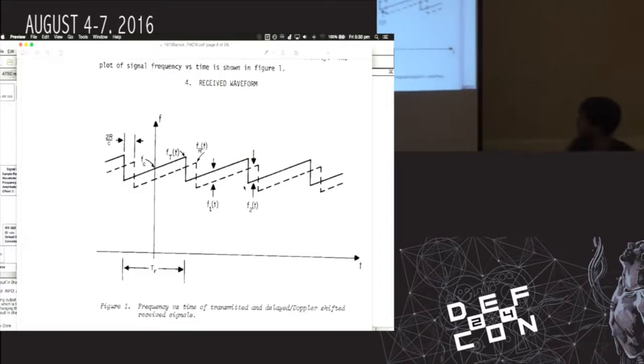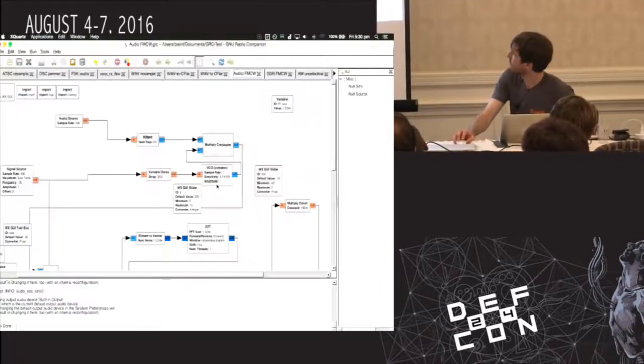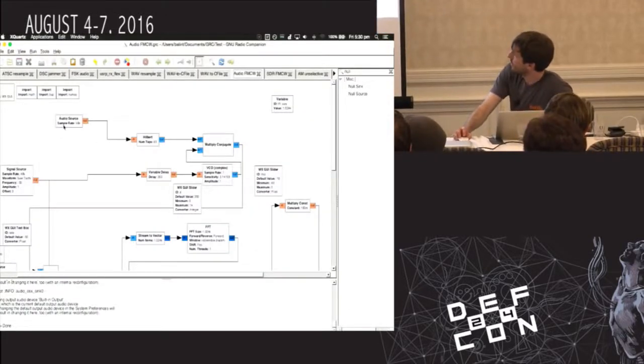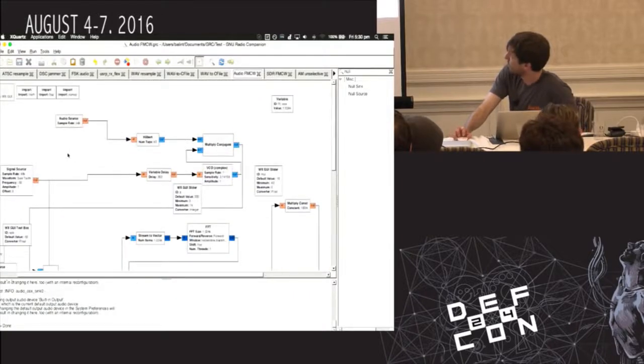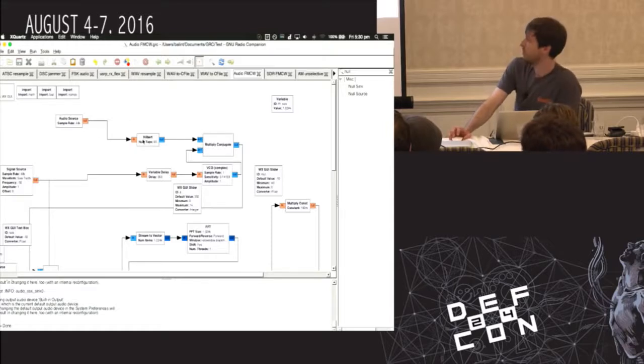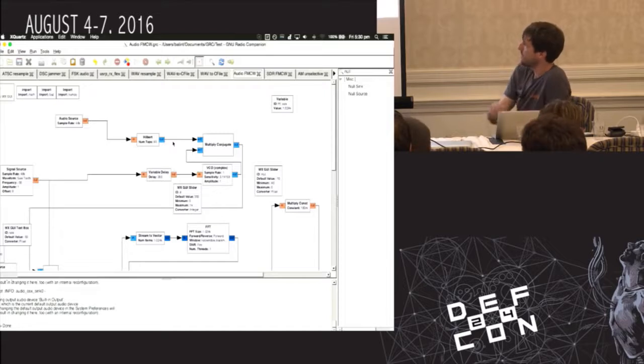But that's the kind of waveform that we're dealing with here. And we can realize that pretty easily. I'm going to start up at the top here. So you've got the audio source, which represents the microphone, and then you go through a Hilbert transform and turn it from floating point into the complex domain. And the reason why we do that here is because we're going to multiply it by the chirp that we generate